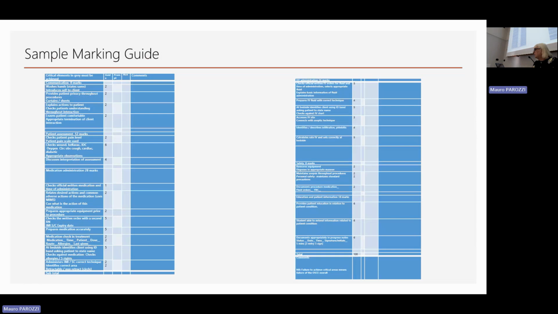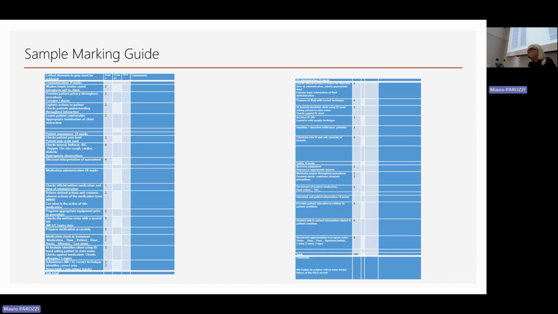So you're looking at, first of all, the communication, and also that there are safety things all along the way. The first thing he or she did, did they wash their hands? Did they introduce themselves? Did they provide privacy? Did they explain the actions to the patient? Did they actually talk to the patient? Did they look at them? Did they talk to them? And did they make sure that the patient was comfortable, etc. at the end? So you've got there whether or not they needed to be prompted on anything.